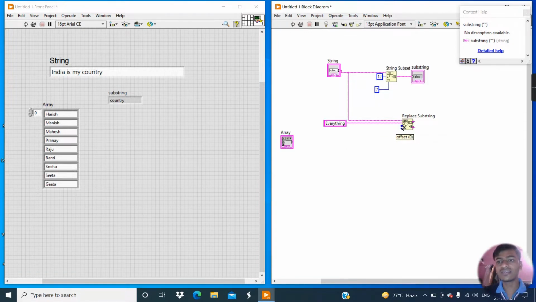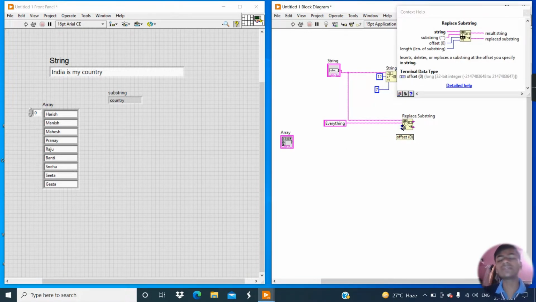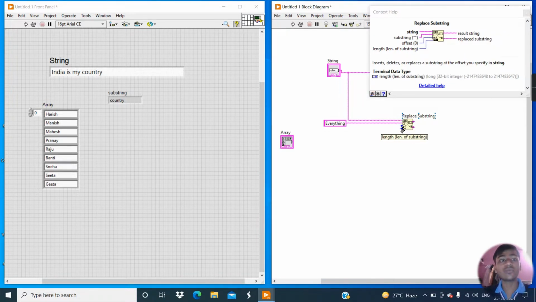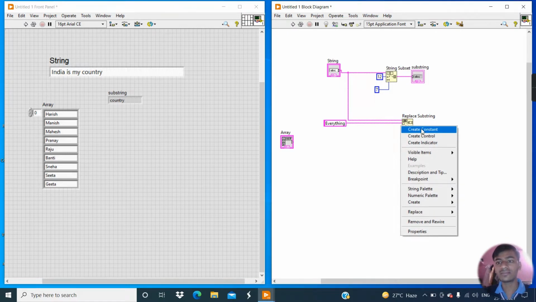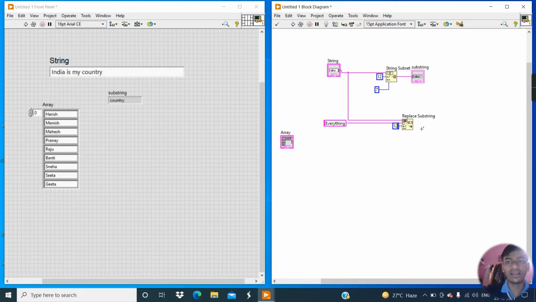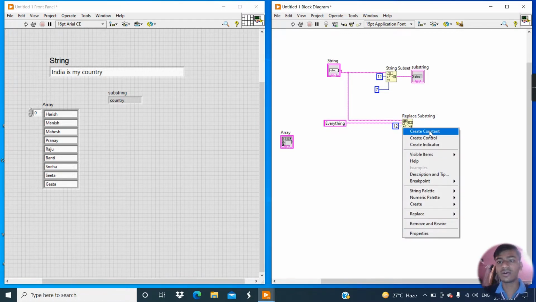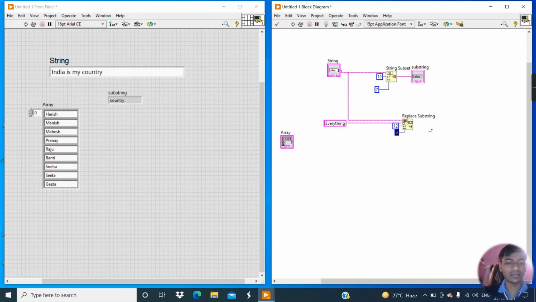Now you can see here is the third terminal, that is offset. I have already explained what offset means. Which word do we want to replace? Country. We already know the offset of the word country is 12 and the length of country is 7. So create a constant here and enter 12, and again create a length constant and enter 7.